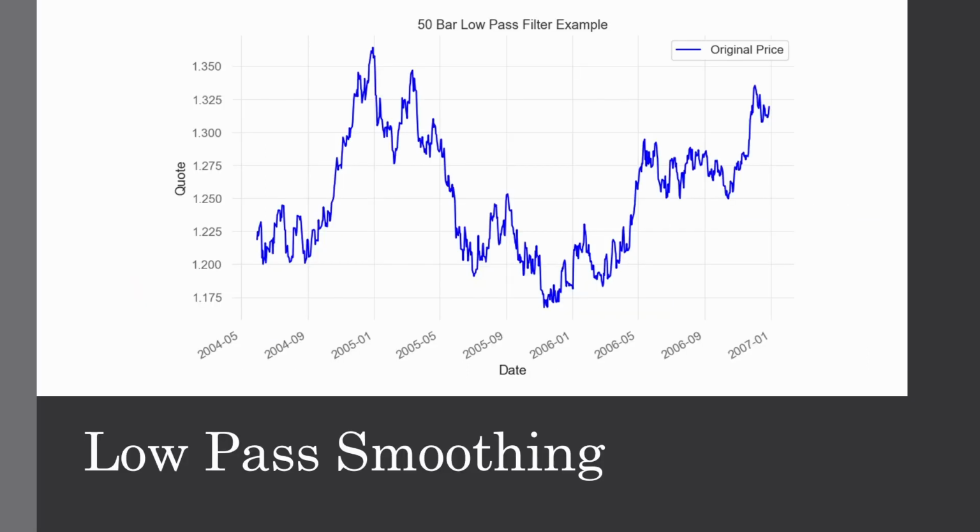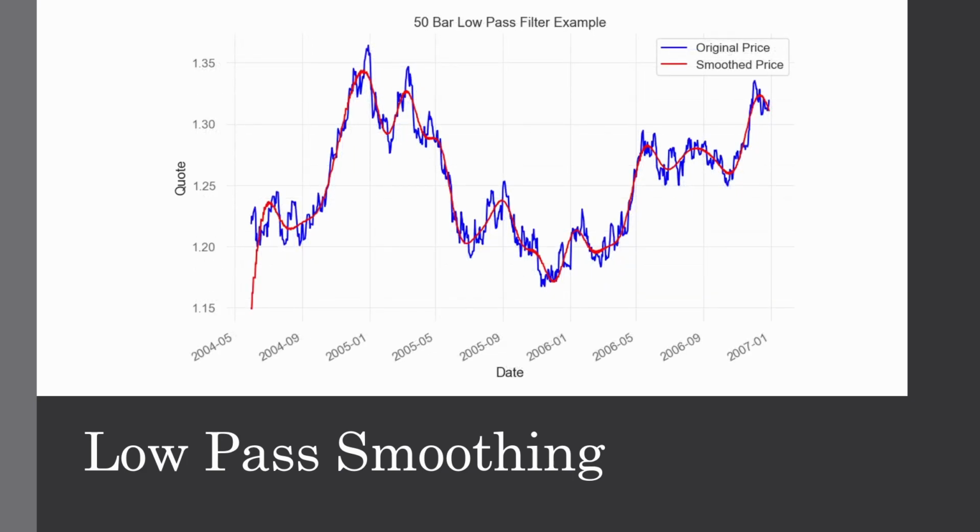If we applied this low pass filter where we removed the cycles that are 50 bars or less, this is what it looks like. And that looks pretty good, right? Except that there's one key problem with this. Well, actually two. And I'll let you pause for a second and try to think what that problem is. All right, so the problem is